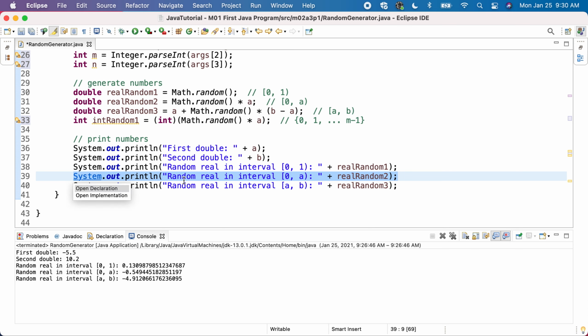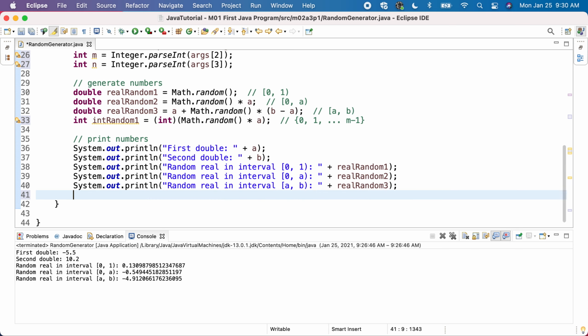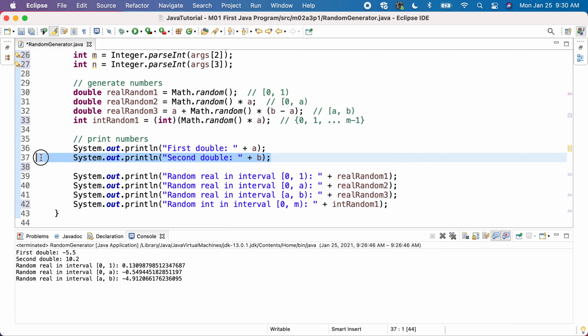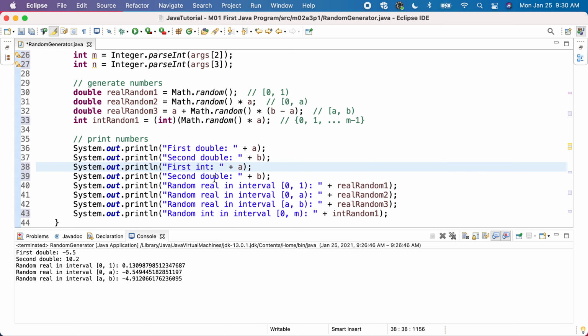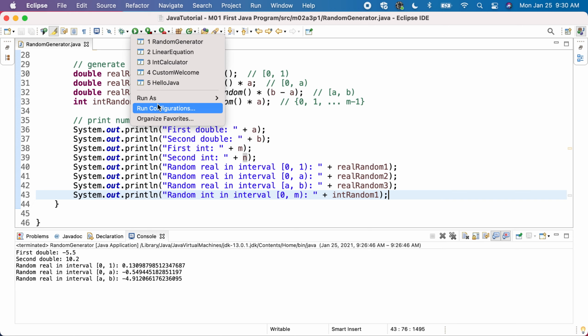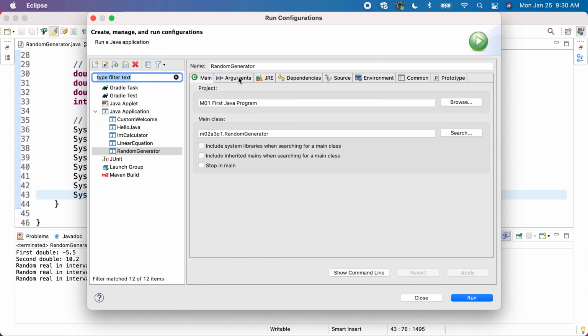So let's take this one, which is closest to what I want, and I'll put here random int in interval 0, m, and here I'll have int random 1, and I need to put also the two numbers that I just read. So first int and second int, and here I will have m and n. And I think we have a program, but before we run, we need to update our configuration to put new arguments,